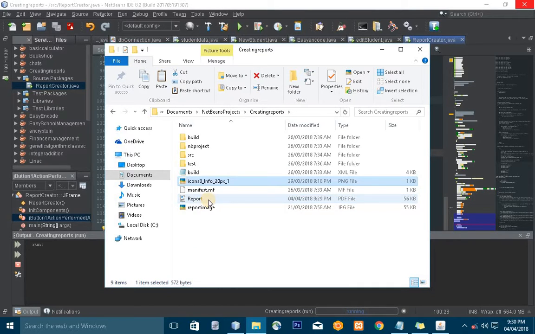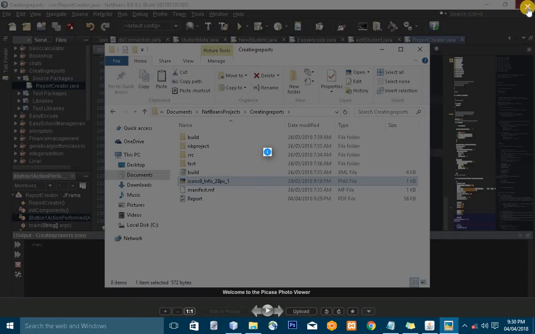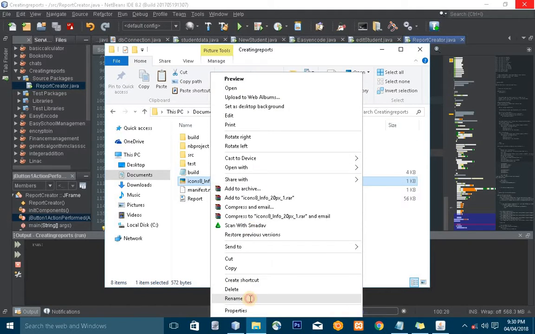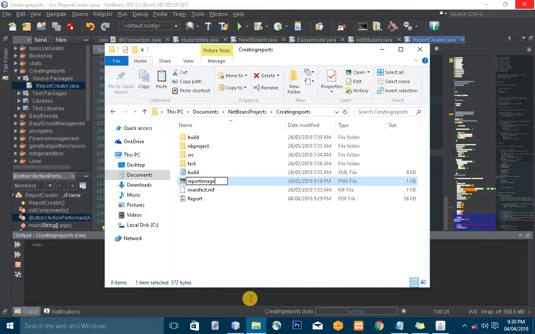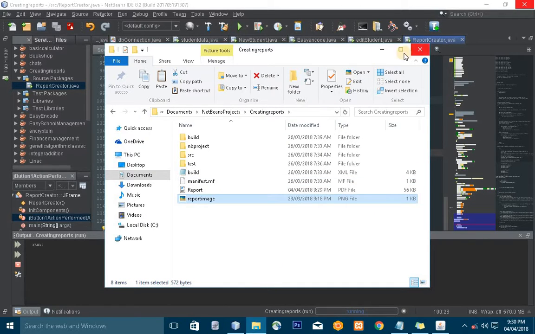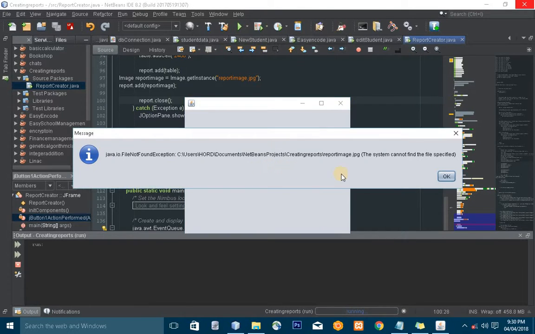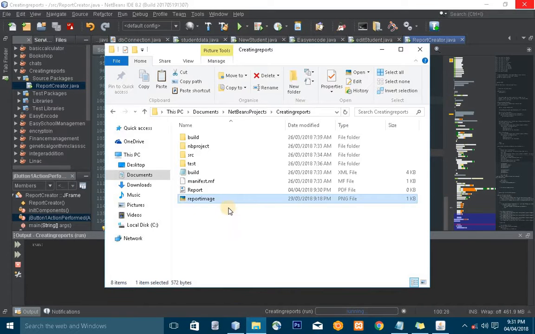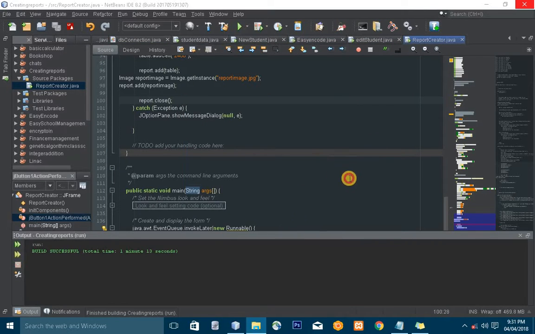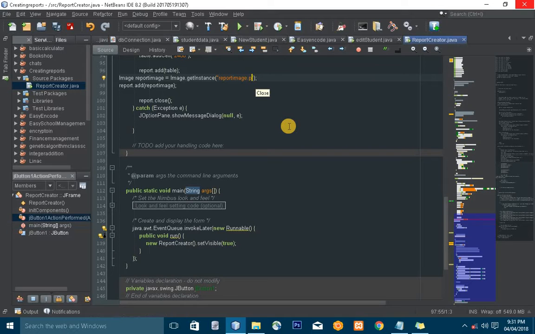Paste, and we just delete this one and name this report image. Okay, so let's run our file again and see, or we can just create the report. Haha, cannot find file. But the file is here, so it's a PNG file, so we're going to close this and replace JPG with PNG. If we run our file now, we'll see that the image is in the report, but this